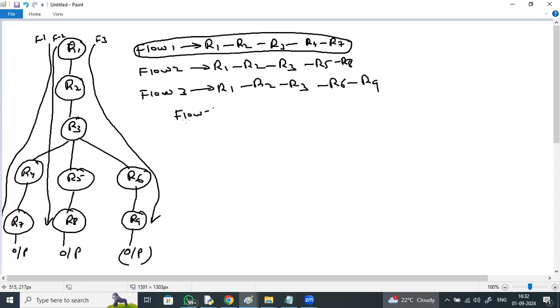Flow 1, I'm trying to execute. Check this flow 1. If I want to execute this flow 1, I need to perform some action on R7. Once you perform R7 dot action, it will start from this root RDD. If you perform action on R4, the flow will start from R1 to R4 and R4 output will be collected. If you are performing action on R7, from R1 to R7 the flow executes and R7 output